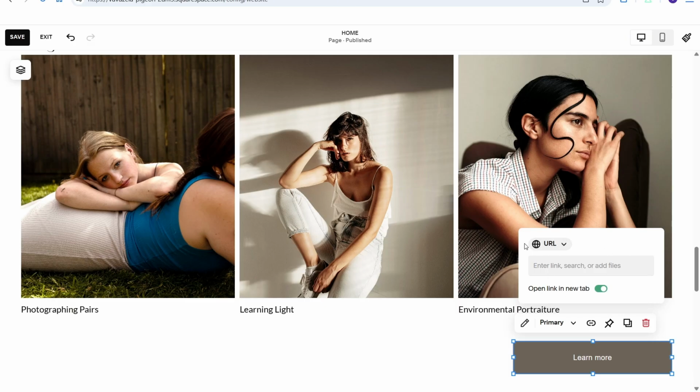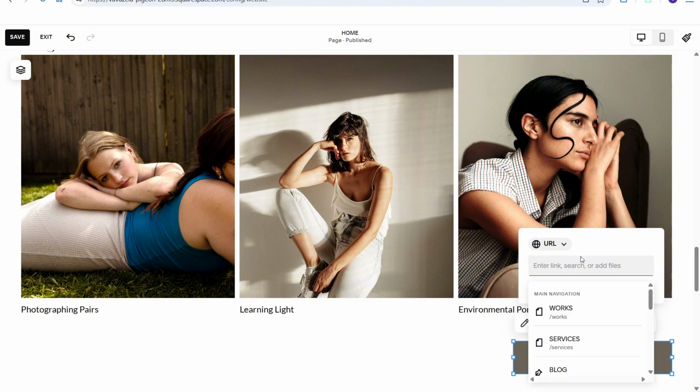Once that's done, at the very top, you will see a few options, and what you want to do is make sure that on the very top of the dropdown, this is considered as a URL. Once that's done, simply click on the blank space, and once you click on the blank space, at the bottom, you will see all of the pages that you have. To add a specific page, what you can do is two things. You can either just select from one of the pages here, let's say I want to add the blog,